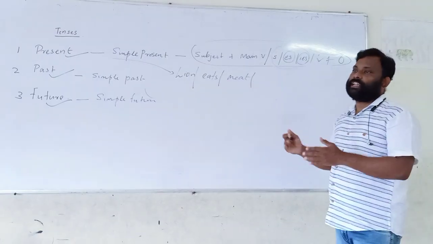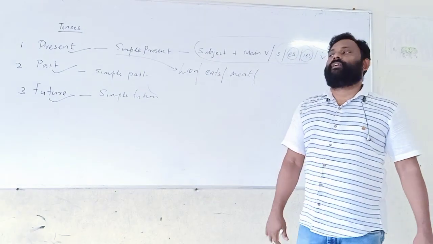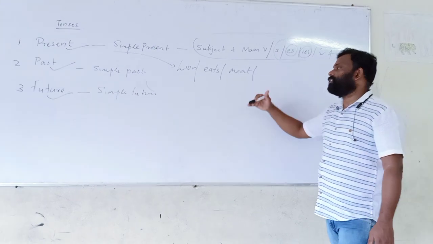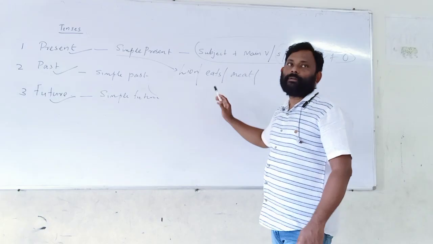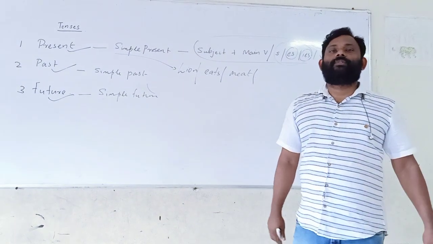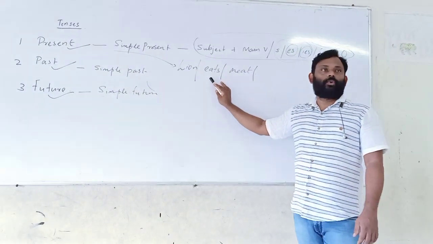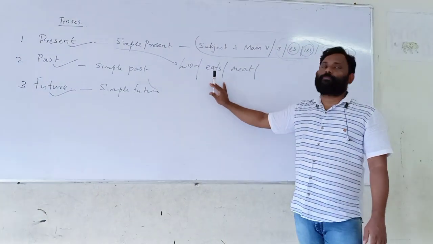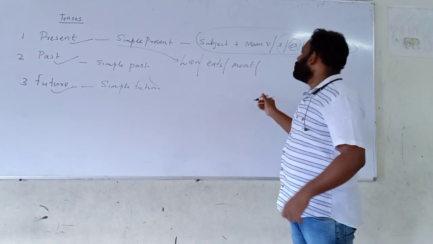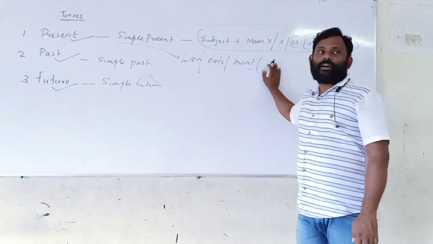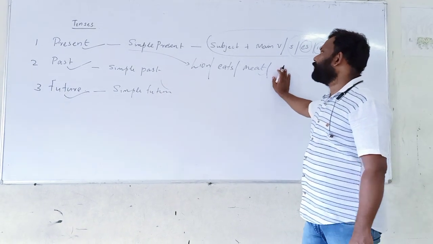It means the action that we repeat, that we do on a daily basis, the action we repeatedly do in some periods of time. All these actions should be expressed in simple present tense, and the universal truth, or the action words that come true for every time, should be expressed in the simple present tense only. Further regarding this, you will get more explanation once you are back in the classroom.